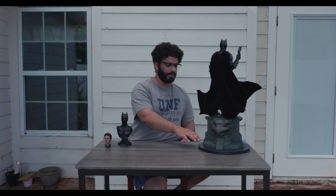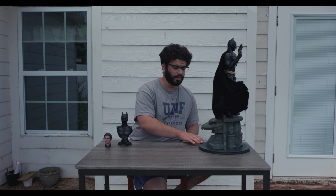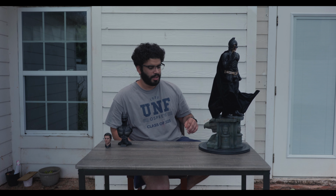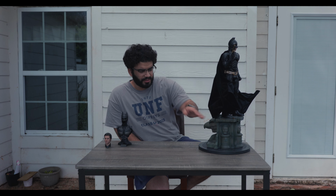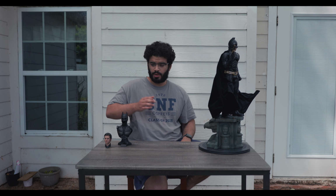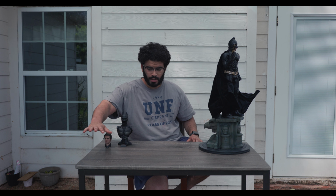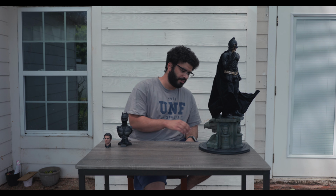And the interesting part of this base, which I didn't know until I got this thing in hand, is that, and I'm not going to do it on camera, I apologize, because that would require me to take Batman off. It would require too many steps. If you get this eagle part of it, along with the part of the base that Batman stands on, comes off. The idea is that on the corner, like even imagine the corner of this table, right? You can kind of put this eagle part on the corner with the eagle reaching or bleeding over the edge of the table. I don't know why I'm struggling to find the right words to explain this, but you get what I'm saying,